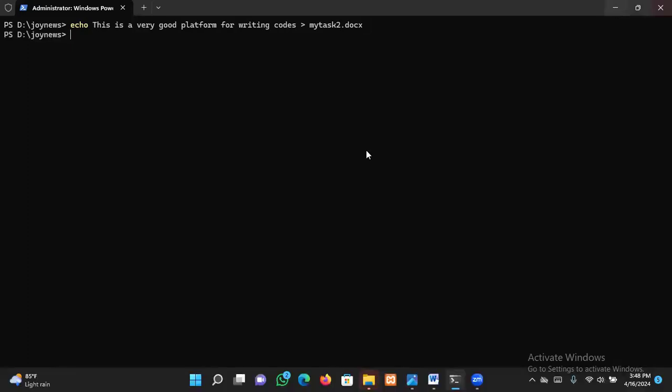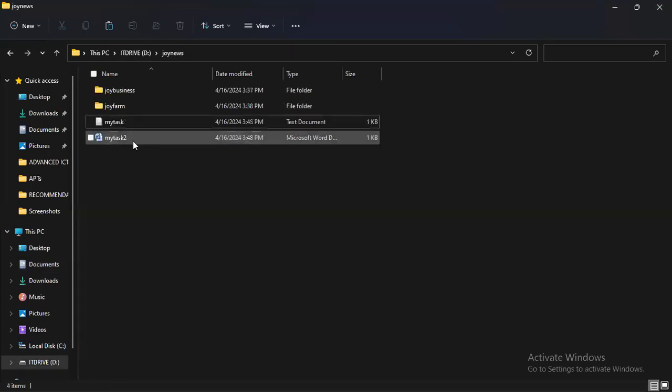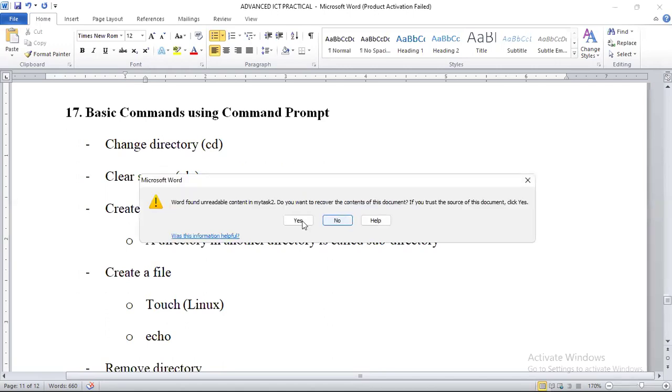Let's go and check. So we have Word document. You can see Word document. When you open it, let's see what we have. The file my task cannot be opened because there are problems with the content. Okay, so do you want to recover the content of this document? Word found unreadable content in my task 2. Okay, so that is